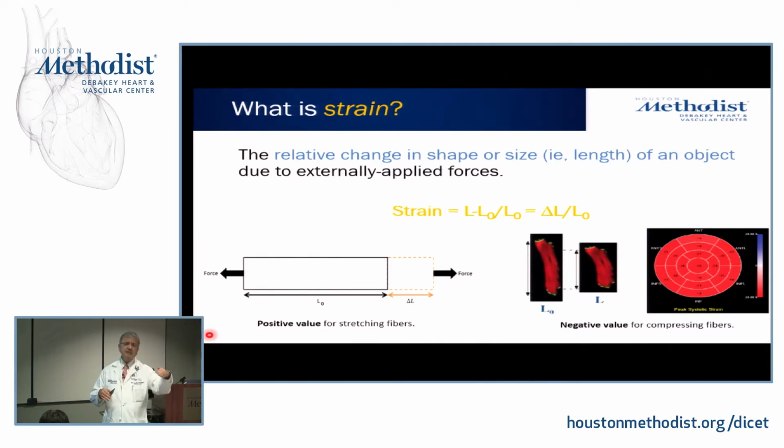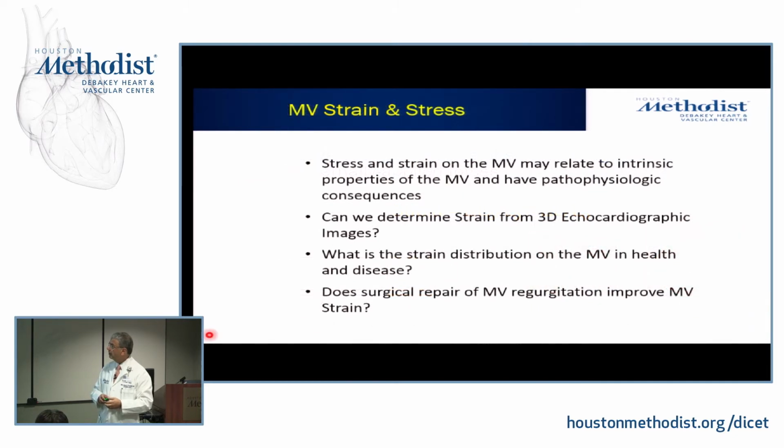Here, the valve is thin. It's not incredibly thick. It'll be very hard to look at the other dimensions. So you're going to look at basically the planar structure of what really happened to these 2 tiny areas that are very small from mid-systole, let's say, to end systole. And this is where our mathematical geniuses have tried to put together. So stress and strain of the mitral valve may relate to intrinsic properties. We don't know, but we suspected when we did that. Can we determine strain from 3D images? That was not known, and I think we know from pilot studies now that we can.